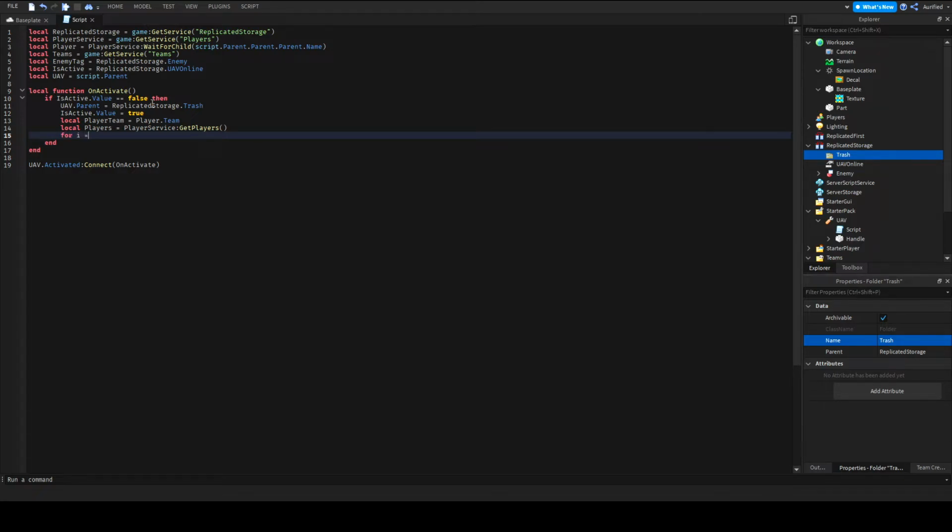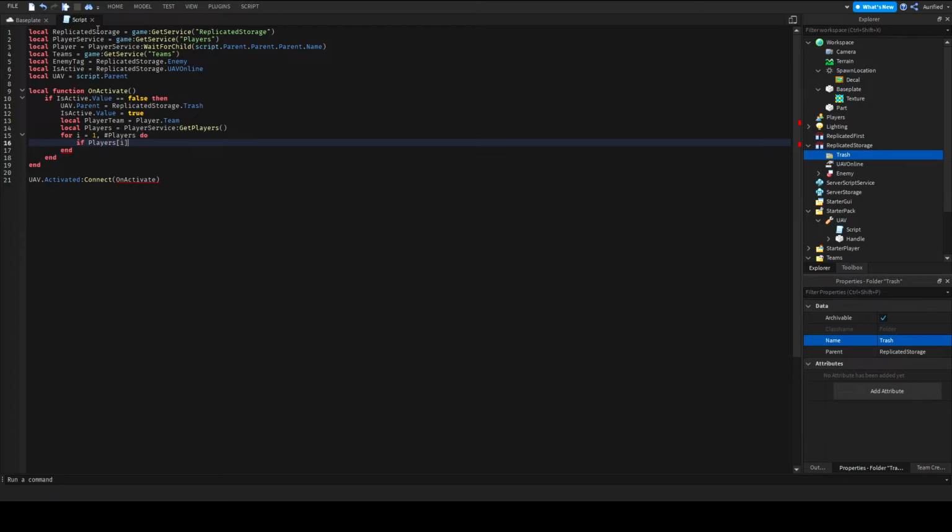So for i equals 1 and the number of players, and then I'm gonna do if players i equals, actually let's do not equals player dot team,